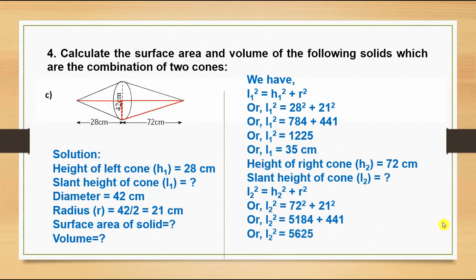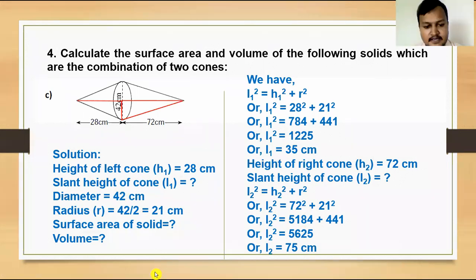5625. Okay, 5625. It is L2 square. So find out its square root to get the value of L2. 75. 75 centimeter. We get L1 plus L2, and after getting the value of L1 as well as L2, now find out the curved surface area of both cones and add to get the surface area, and find out the volume of both